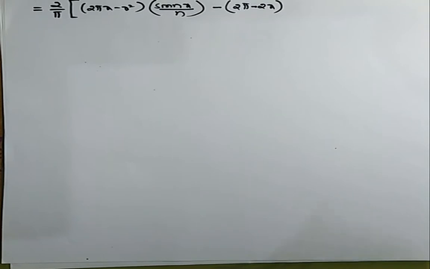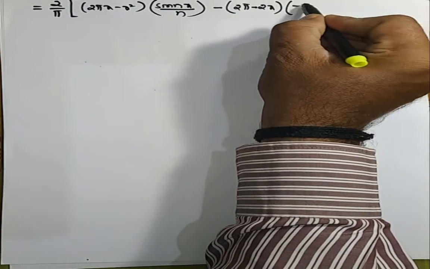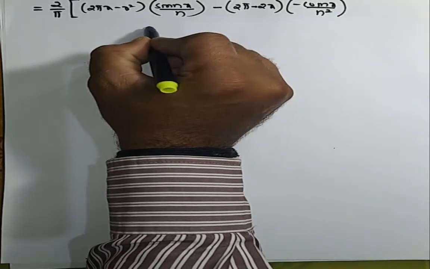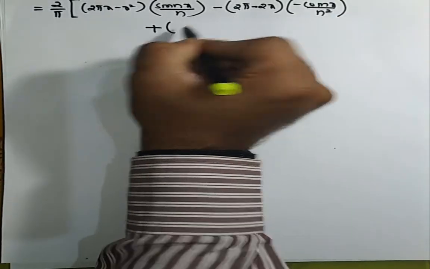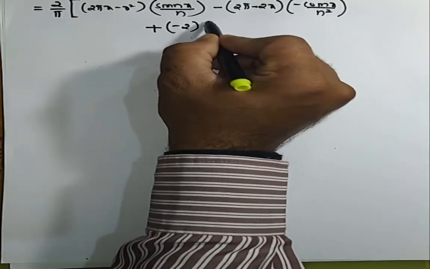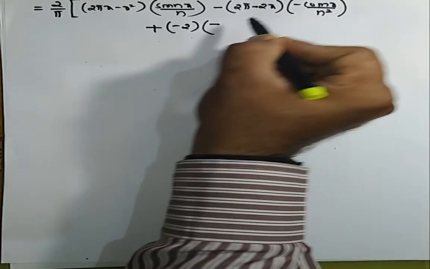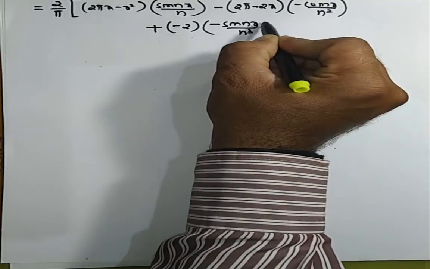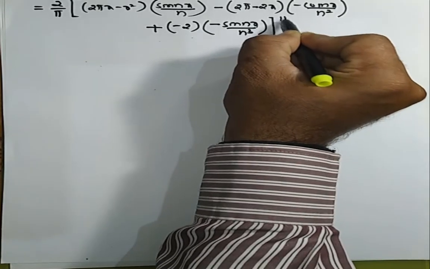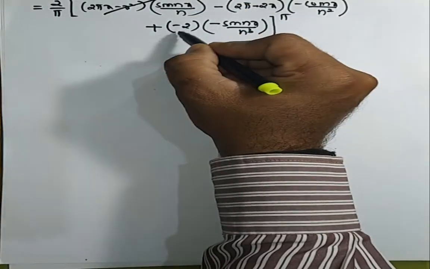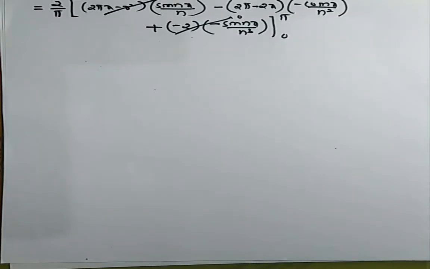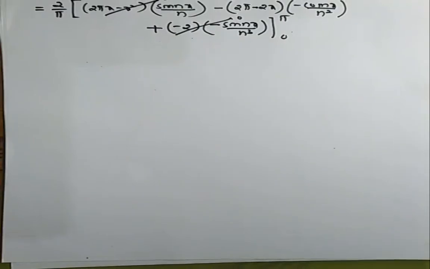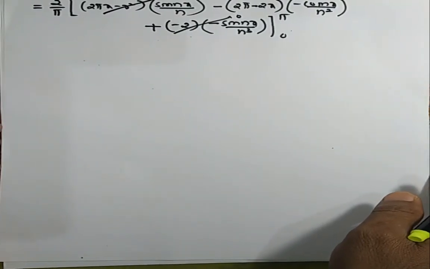Now integration of sin nx is minus cos nx divided by n square. Then I will continue here, plus alternate sign, differentiation of this term is minus 2, again integration of this one is minus, integration of cos is sin nx divided by n cube, bracket applying 0 to pi. As I told you, this term becomes 0, this term becomes 0 when you apply 0 to pi limits. The value becomes 0.